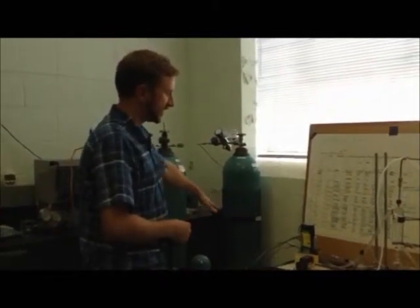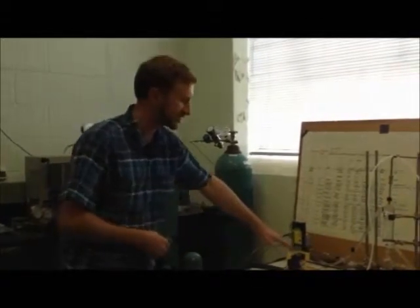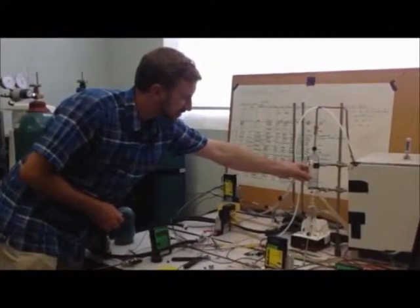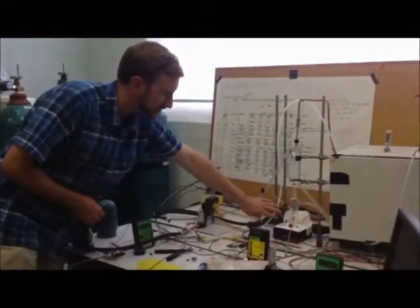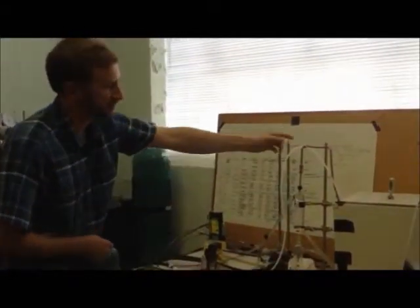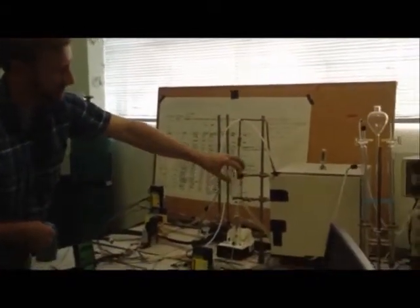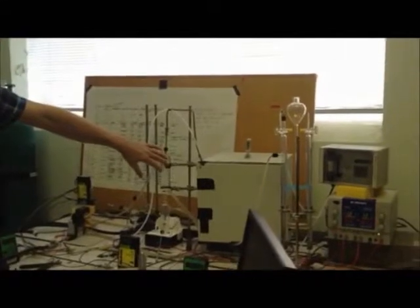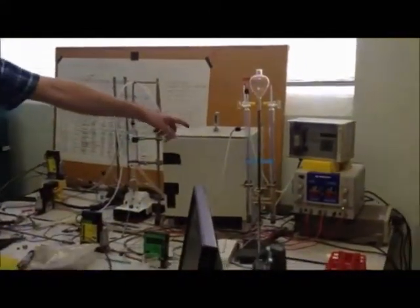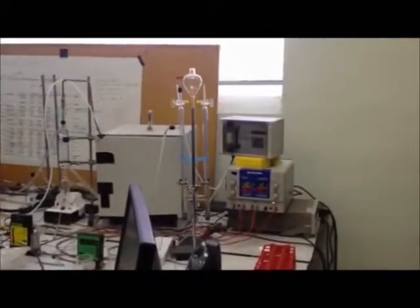So we have a pure nitrogen carrier gas that first gets hydrated here and then gets condensed here, and that keeps the volume of the reactor constant. Any gases that are produced continue through to the hydrogen detector that's inside this temperature control oven, and then the rest of the waste exhaust gas goes out through the...